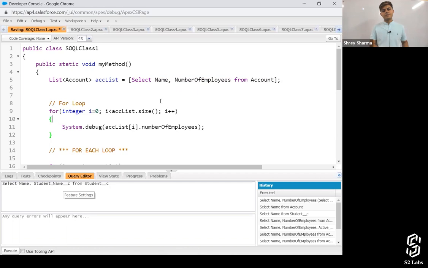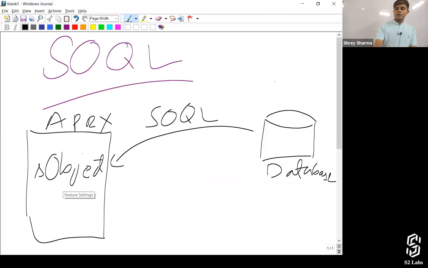Cool. So when you query a database, what do you think you get? SObjects, right? So basically multiple SObjects. What is an SObject? A record of an object in the database. So when you query the records, you get multiple records. If you denote a single record with a single SObject, how are you going to denote multiple records in the Apex program?